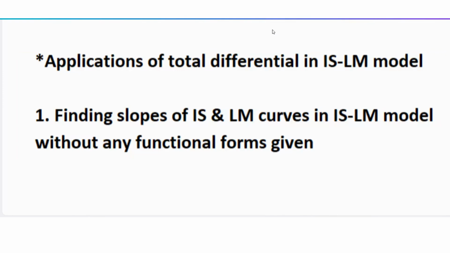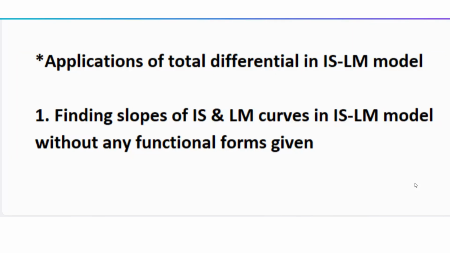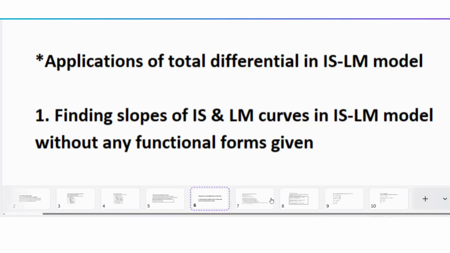You don't really know what C is, or what I really is, or what the money demand function really is. You don't know their exact functional forms, right? So we're not going to use C equals C0 plus C1 times (Y minus T). We're just going to keep it as C. We're going to see how, if you don't have any functional forms, you can use total differentials to